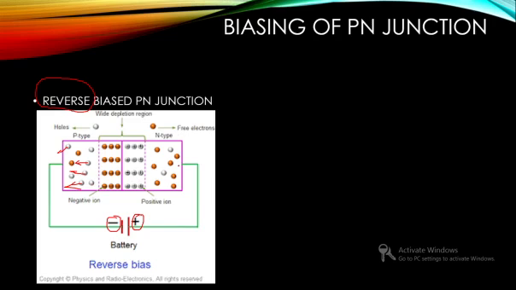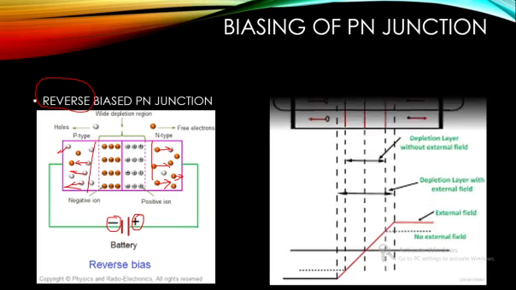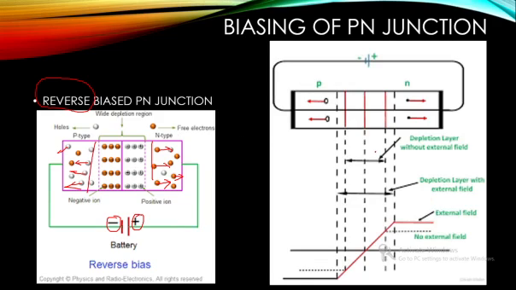from the junction. Similarly, here you can see electrons are there in the N region, which is facing the positive of the battery. So the electrons will be attracted towards the battery. So the electrons will also be moving away from the junction. So if the charge carriers are moving away from the junction, what will happen? The depletion region will widen. Okay, so due to the application of reverse biasing, whatever be the depletion layer without an external field, it will increase due to the application in the reverse direction.